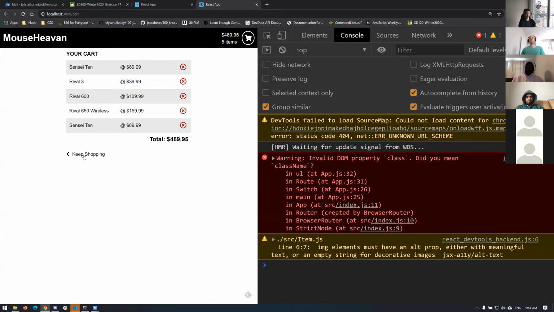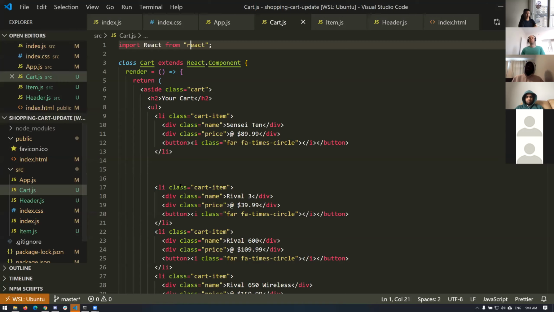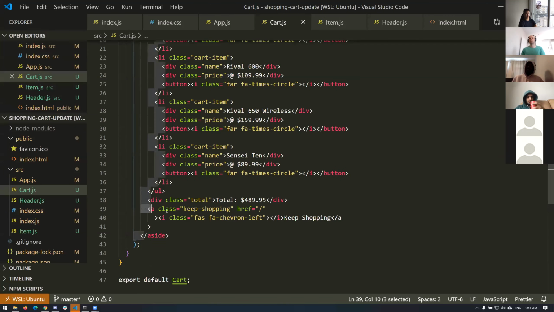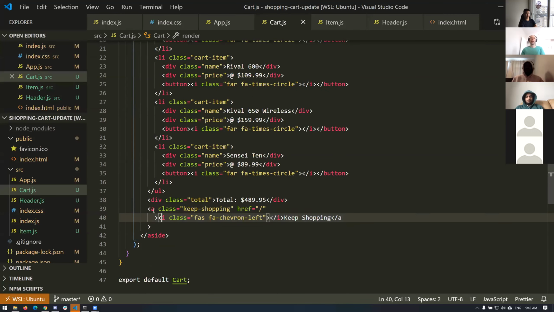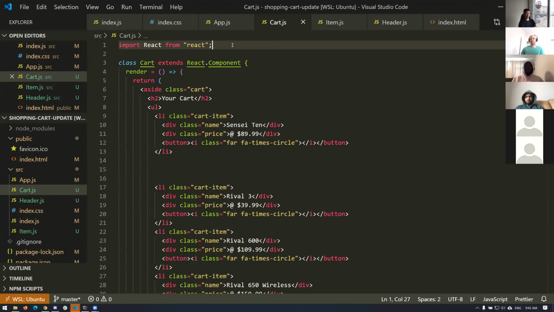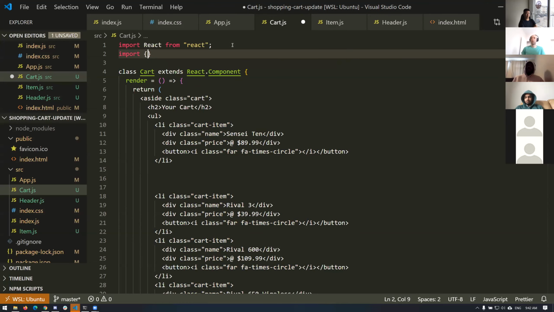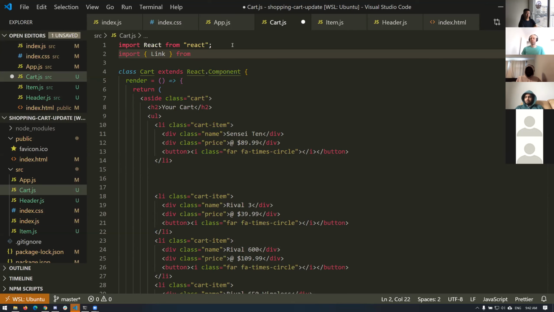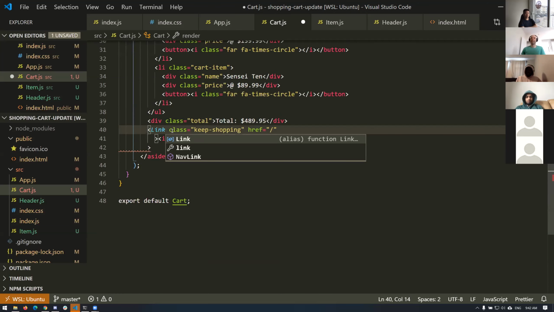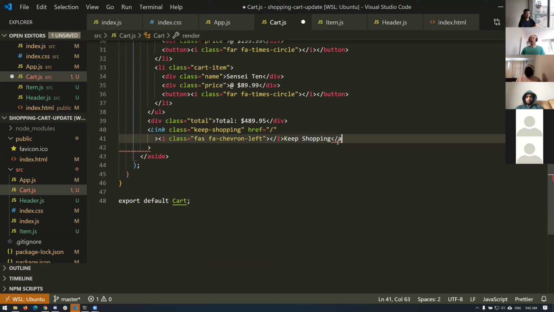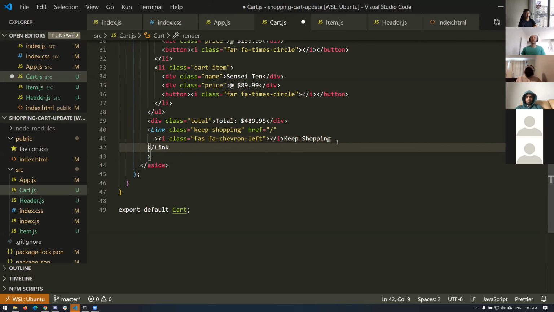Our keep shopping is not working because we needed to fix that right here, right? So we need to import. Our keep shopping is still an A tag, so it's not working properly. So we need to import link to fix that from React Router DOM. And then I can just change this A tag to a link. Okay, in addition, I'm gonna have to change all these classes as well, but I'm not gonna do that just yet